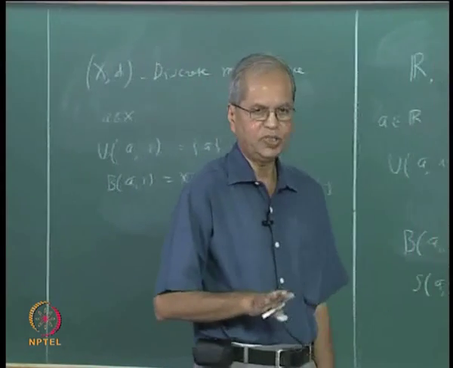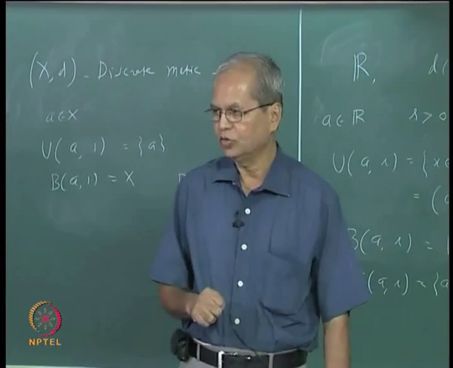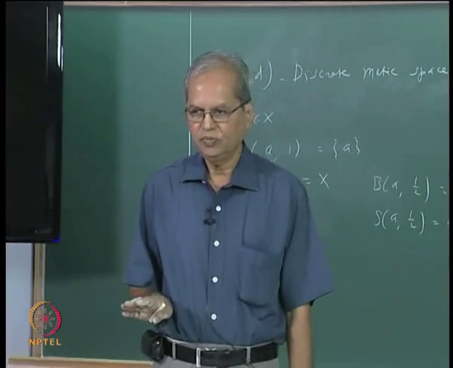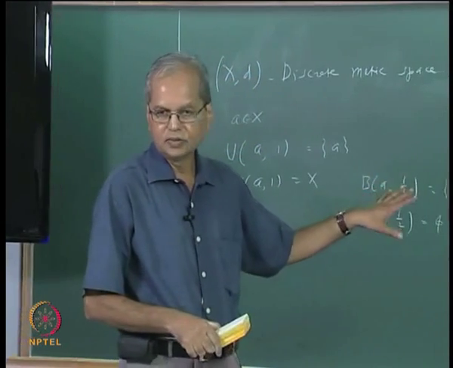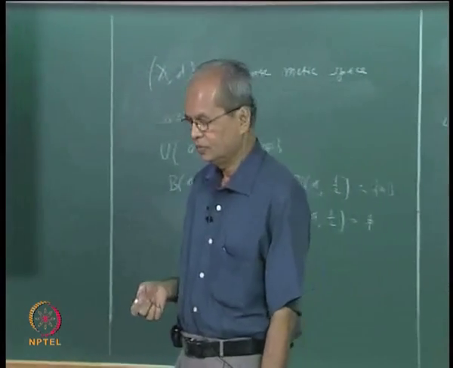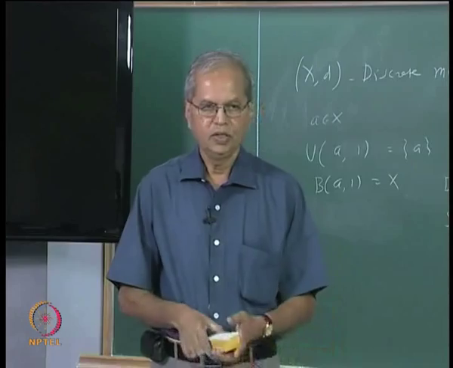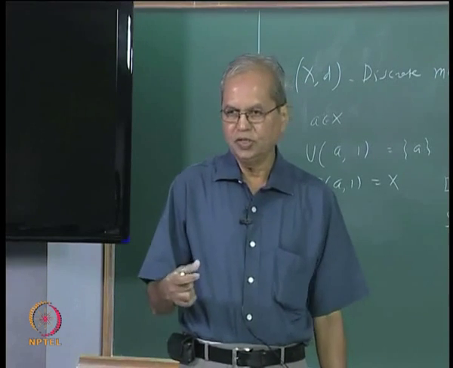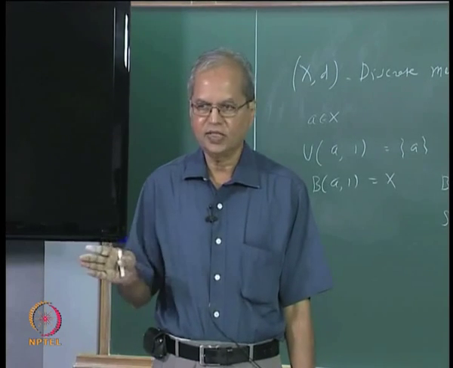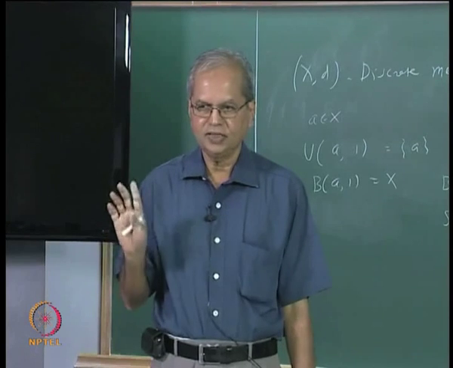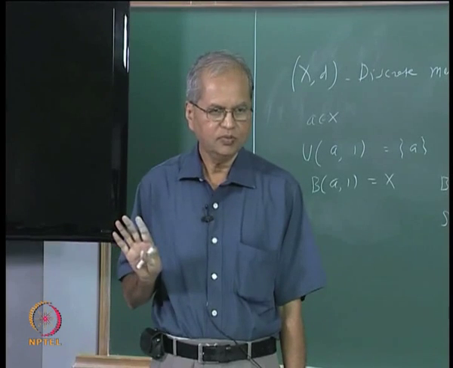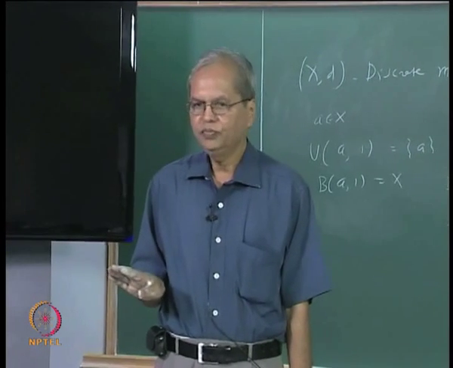So have you come across a precise definition of an interval? In fact, that was the reason for going through this discussion. Which subset of the real line is called an interval? That is the question. So that definition should include all these possibilities. Now let me give that definition to you. That set should have the following property. If you take two real numbers, say x and y, and suppose x less than y, if these two numbers lie in that set, then all the numbers lying between x and y should also be there in that set. If a set satisfies this property, it is called an interval.